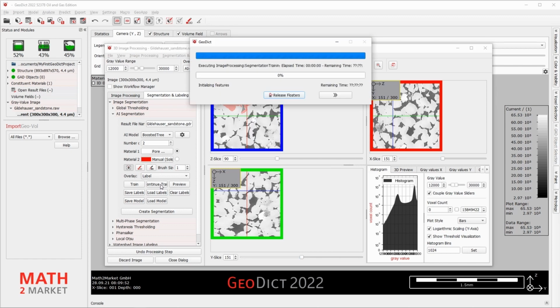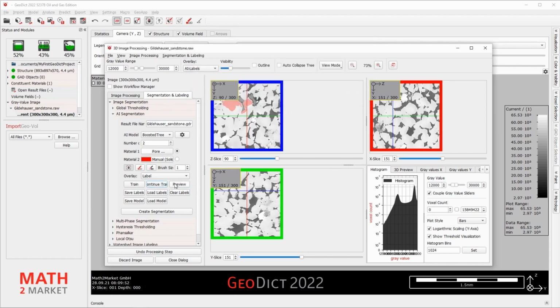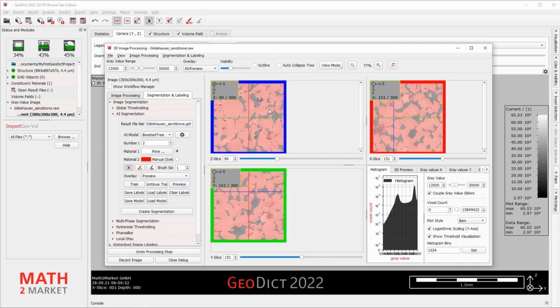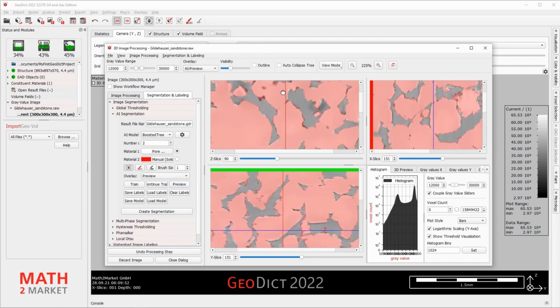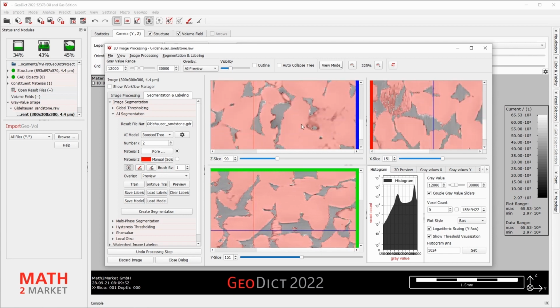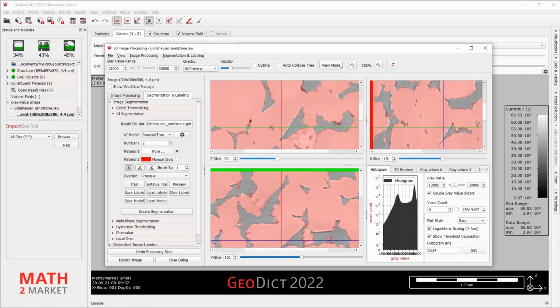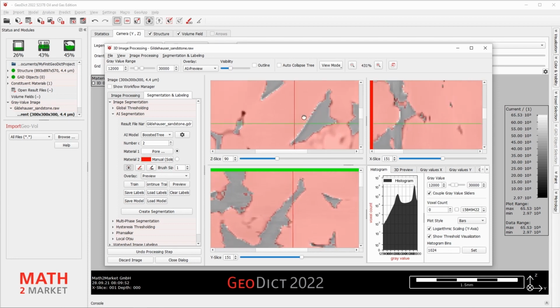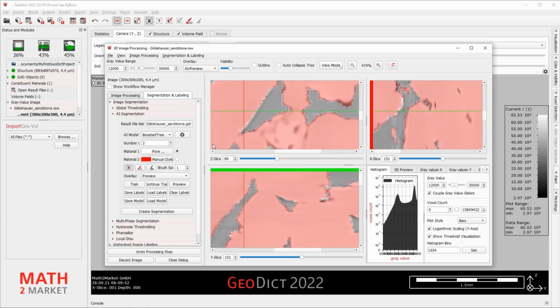Click Continue Training and preview. As you can see, the segmentation is now almost perfect, but there are still some boundaries of the grains which are not segmented correctly. So make sure to select them too to provide the training data for the algorithm.